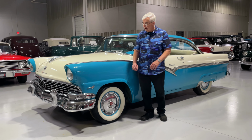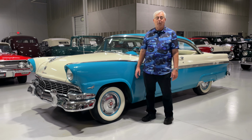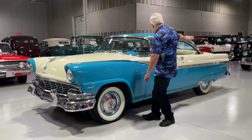So anyway, we're going to talk about our latest acquisition. Like I said, a 1956 Ford Victoria. Oh my gosh, for whatever reason, that was always one of my favorite cars out of the mid-50s. And the greatest color combination on this car you could have ever asked for, Peacock Blue and Colonial White. I just love the way they separated the two tones with that big flying chrome